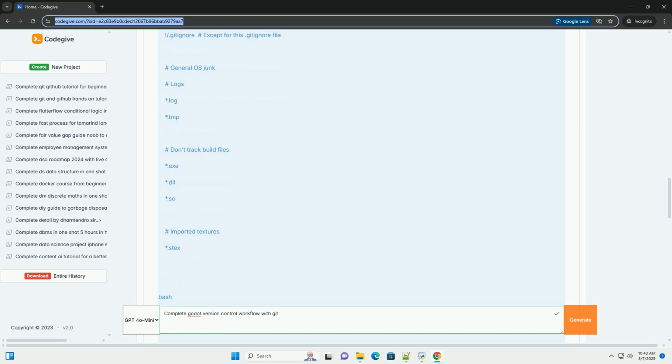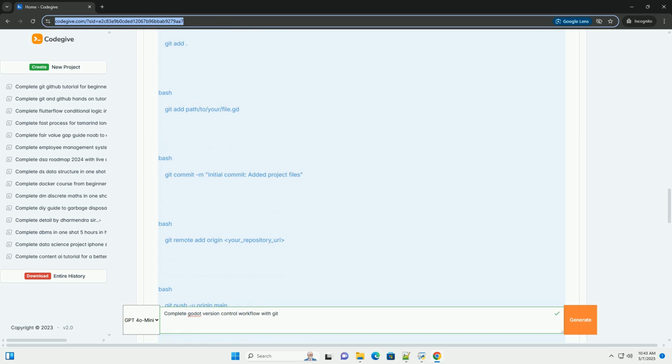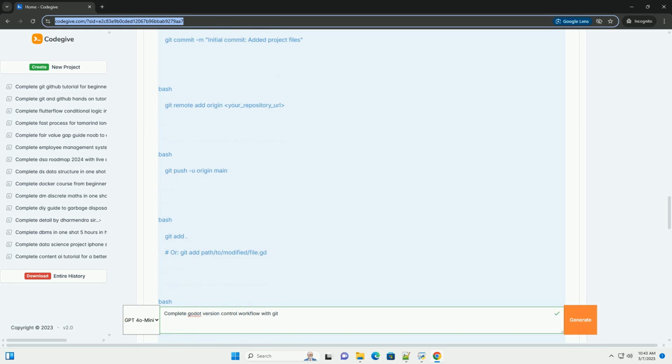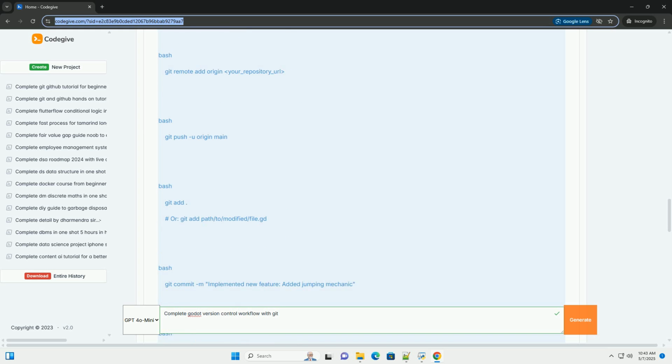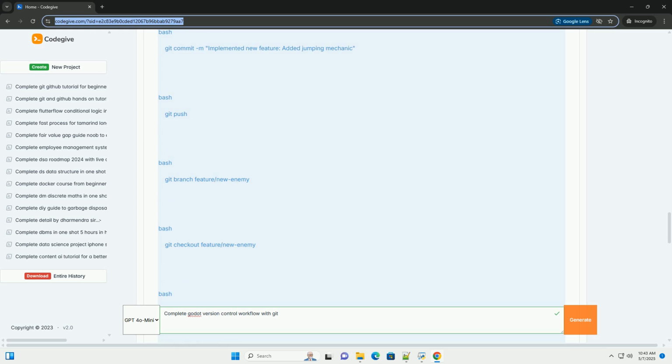Tracking changes provides a detailed history of every modification made to the project, making it easy to revert to previous versions or understand the evolution of the code base. Experimentation enables developers to try out new ideas and features in isolation, using branches, without risking the stability of the main project. Backup and recovery serves as a robust backup system, protecting against data loss due to hardware failures or